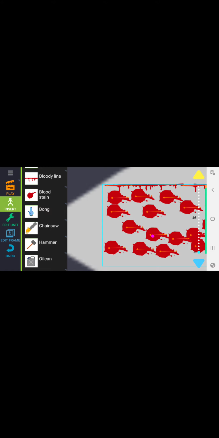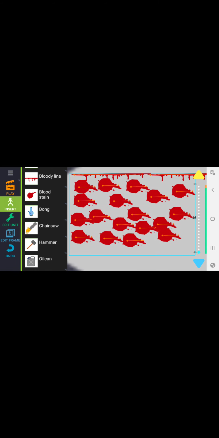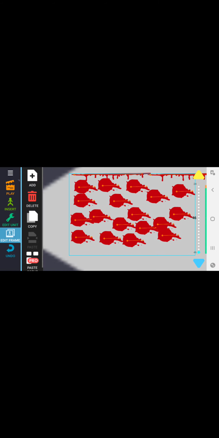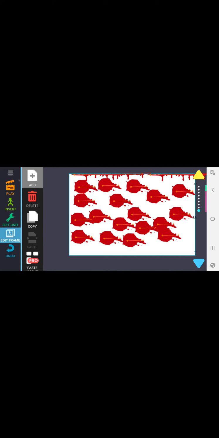And then I added 2 more blood stains to put them right there. Then I pressed plus, edit frame, and bada bang, bada boom, and then I pressed play.